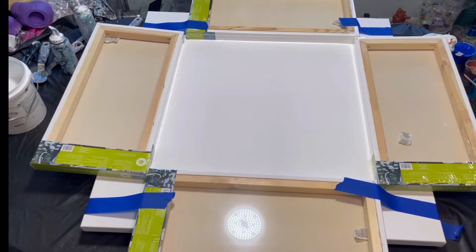I am excited. I'm doing a huge canvas. This is a 36 by 36 inch level 3 canvas, and as you can see, I have some other canvases on top of it because I'm ridiculous. But I wanted to create a border, and so I have some 12 by 24 inch canvases that are still wrapped so I don't ruin my canvases. To create a border, they're taped and whatnot, and they have cups supporting them underneath, but I'm going to do a swipe and a tilt with 8 colors and a white base coat,